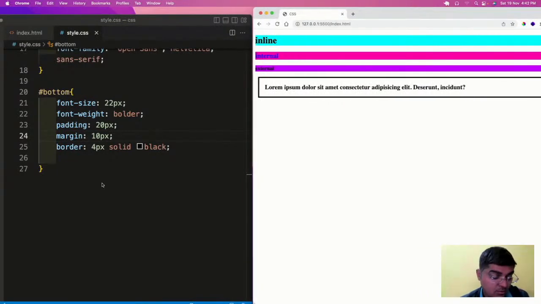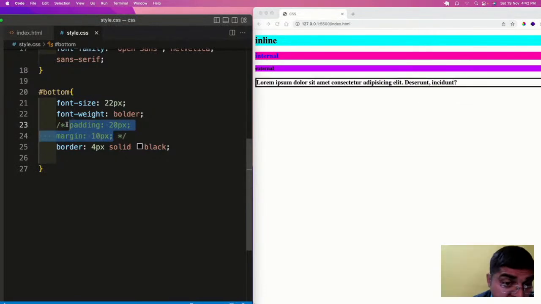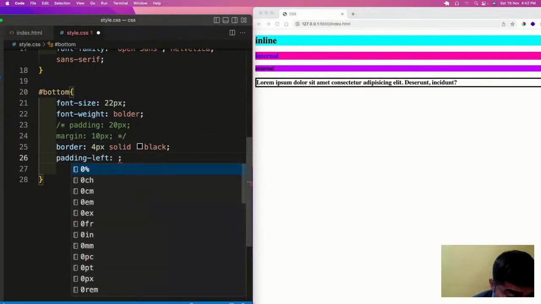Okay. So now let us see in how many ways we can have the padding and margin. Let me comment out this thing first, and now let us have the padding on the left, if I want separate padding for separate sides.